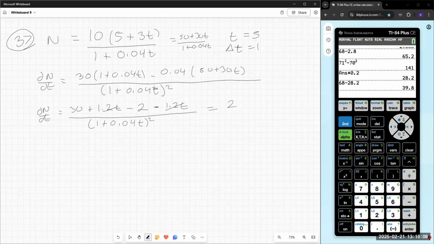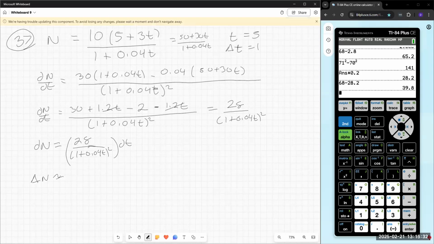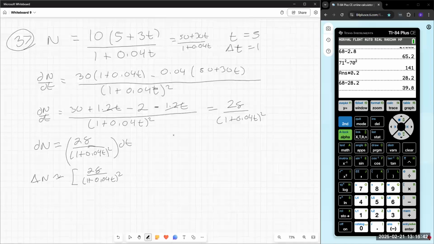It's going to be 28 over 1 plus 0.04t quantity squared. So dN is exactly equal to 28 over 1 plus 0.04t quantity squared times dt, and delta N is approximately equal to 28 over 1 plus 0.04t quantity squared